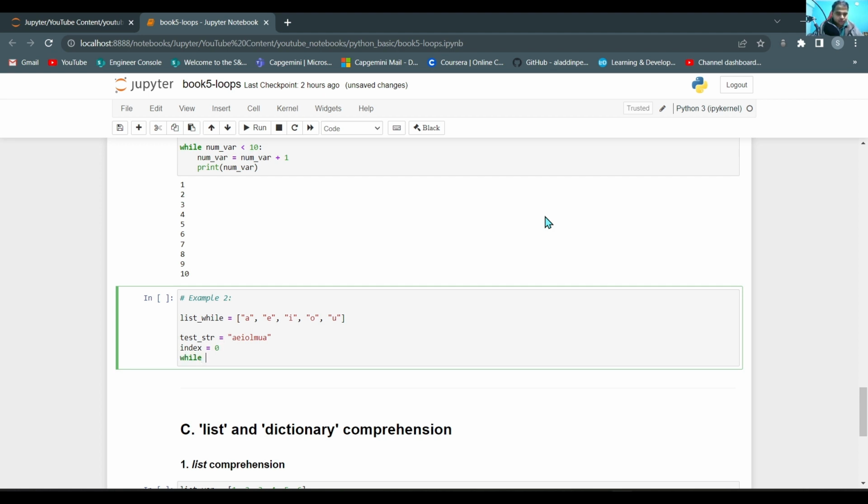So while test_str, and let us start with the first alphabet. Instead of 0, I will give it as index. By default the first alphabet will be 0 because index is 0. So while this A is inside this list, the condition will be true. So while test_str[index] is in list_while, as long as the alphabet is inside this list,